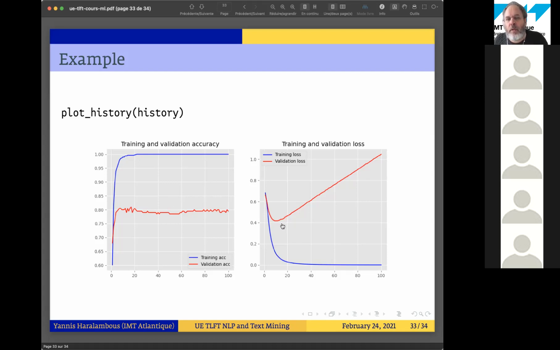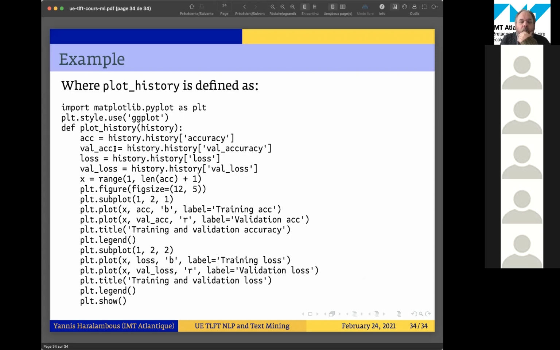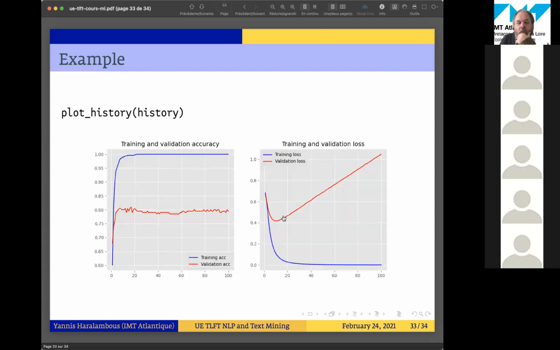As for the loss, for the training corpus, loss is 0, since your prediction is perfect, but the loss is increasing, meaning that your thetas have tendencies of becoming big, and this means that after 10 epochs, you got the best possible result, something you see also here, and from then on, it's only getting worse in matter of loss. And here's the code to obtain this diagram.